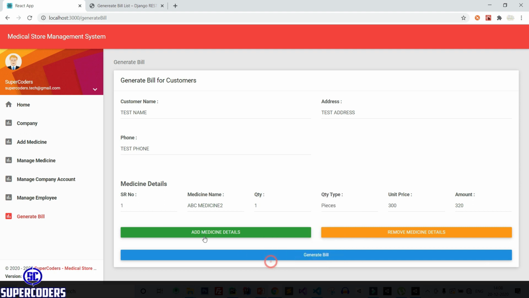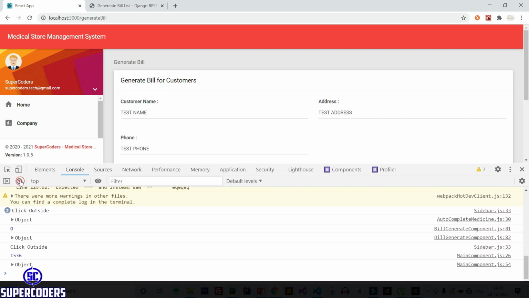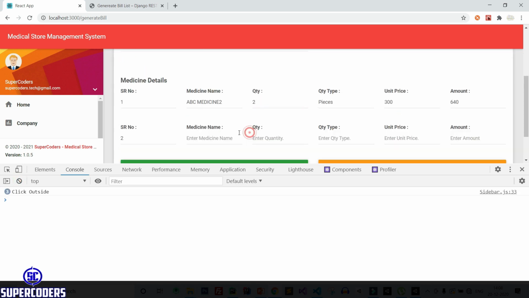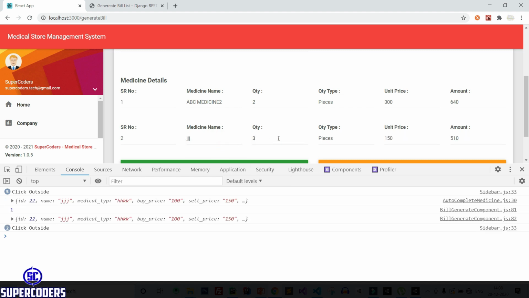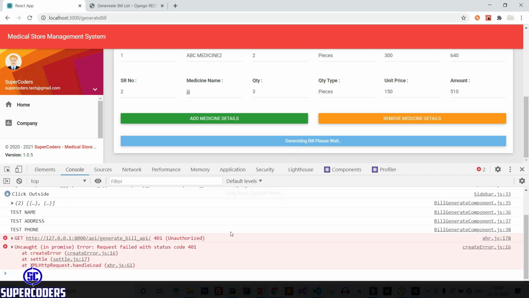Let's open the console also, clear the console, change this to 2, add more, JJ, change this to 3 and click on generate bill, and let's see does our data is saving in our database or not. So click on generate bill and it is showing error.